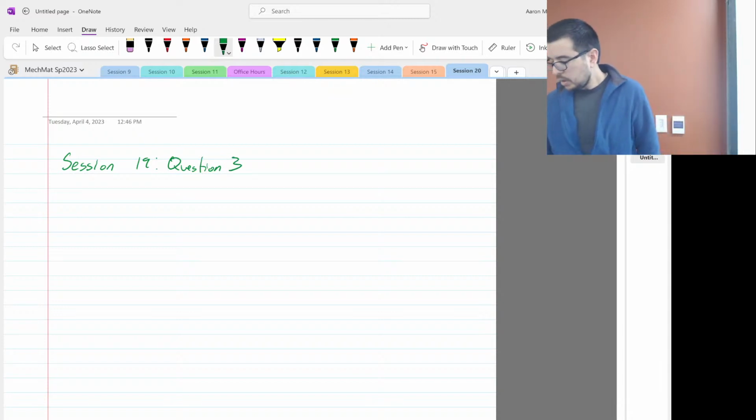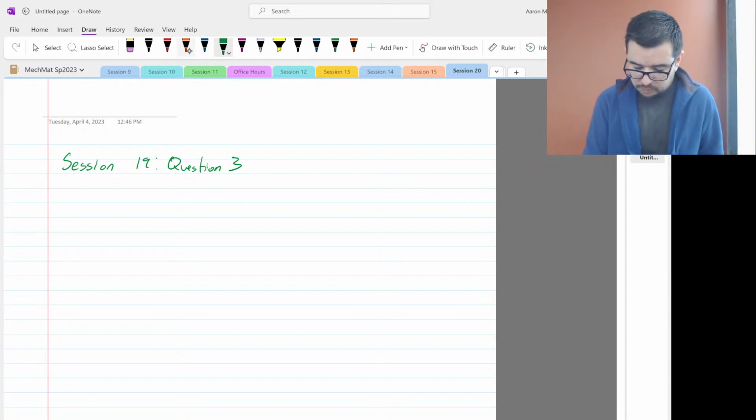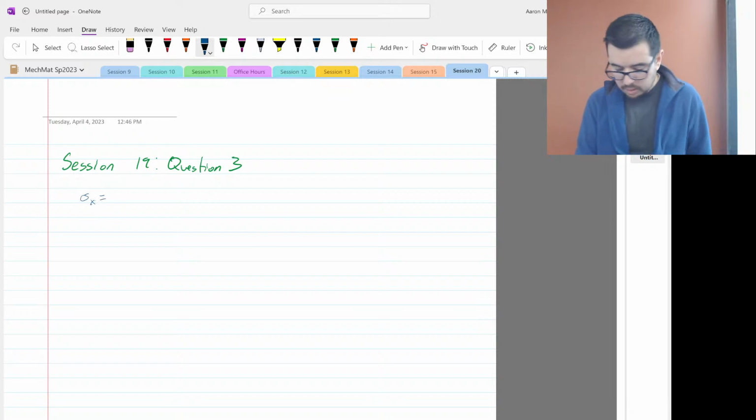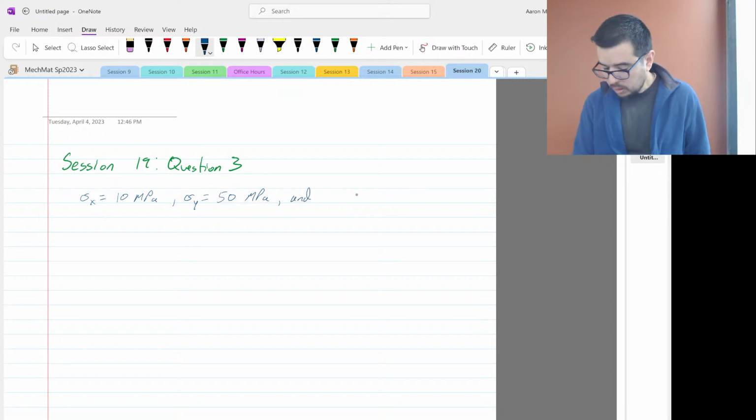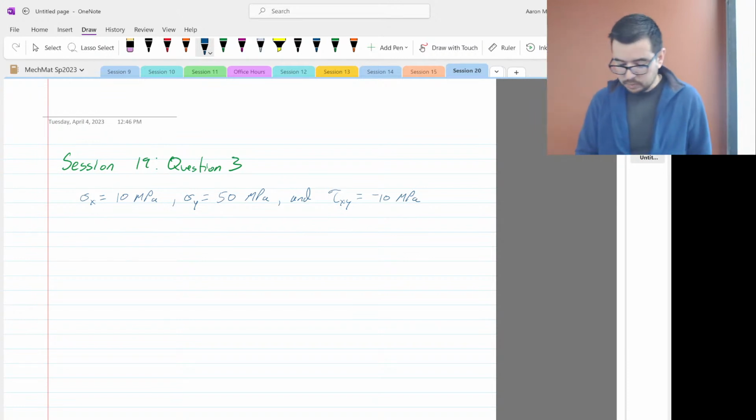We have sigma x equal to 10 megapascals, sigma y equal to 50 megapascals, and tau xy equal to minus 10 megapascals. And the question is, what angle of rotation